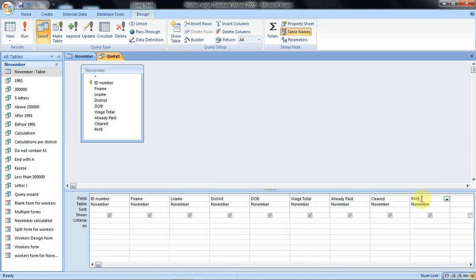We have said the pay is 10% of wage total. 10% implies 10 out of 100, which is equivalent to